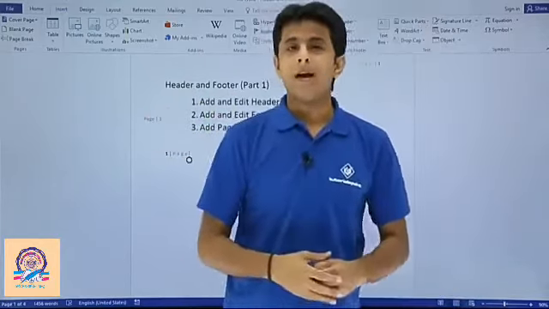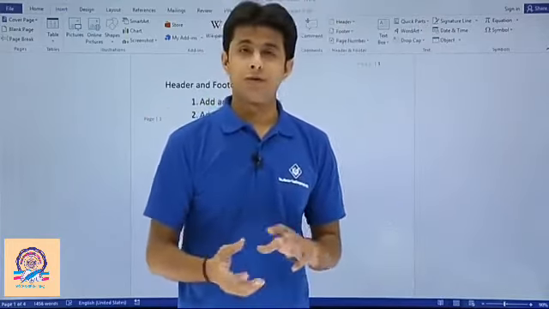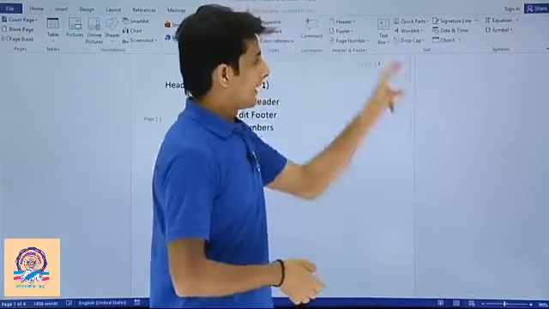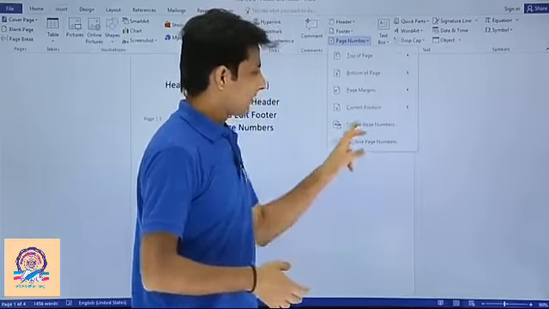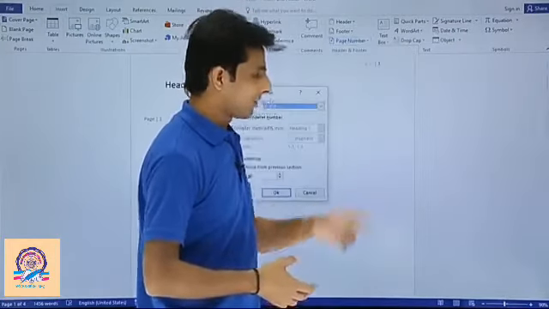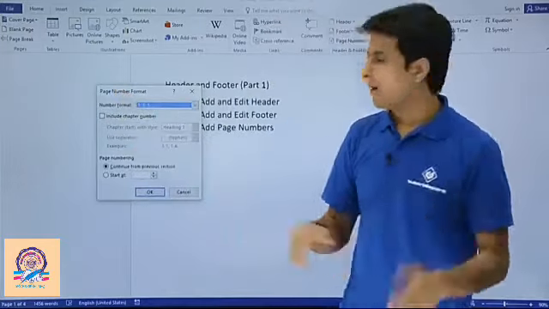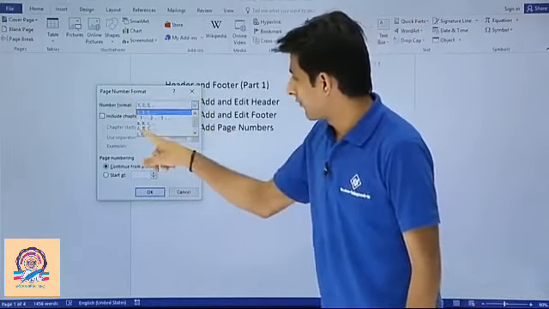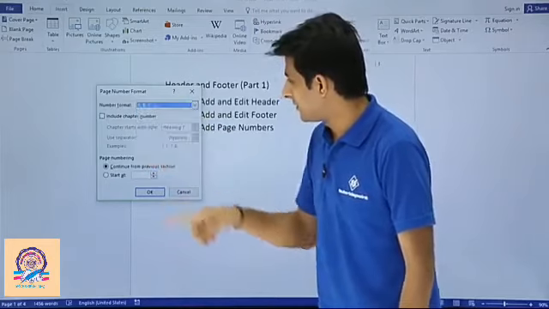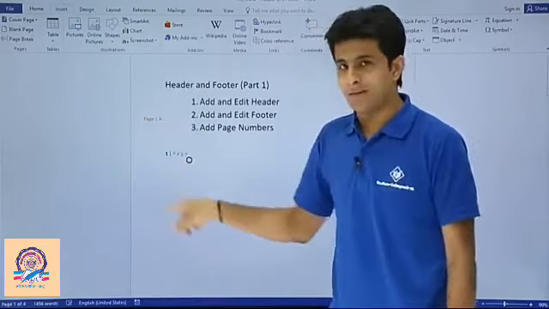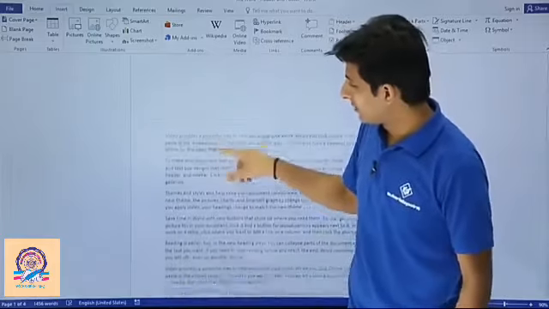The last one: how do you format the page number? If you want some other formats, how do you do that? Same process, Insert and then go to this Page Number Format. I'll just click on this Page Number Format. I'll get this dialog box. Any type of format you want, you just select from here. So if I want ABC, and if I click on OK, you see it has changed to page A. Similarly, if I go down, it will be changed to page B.